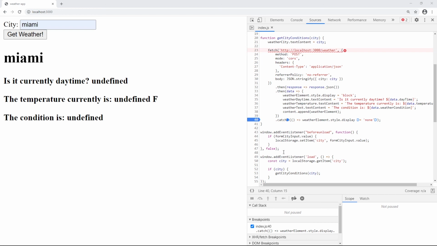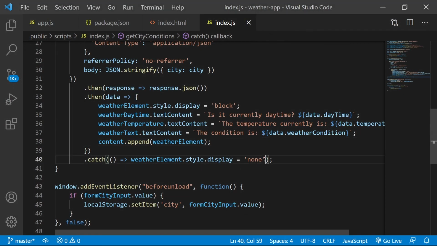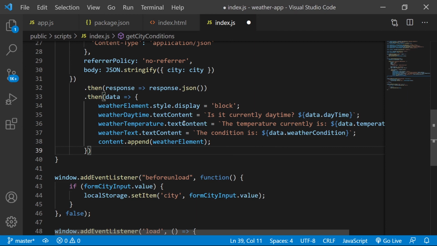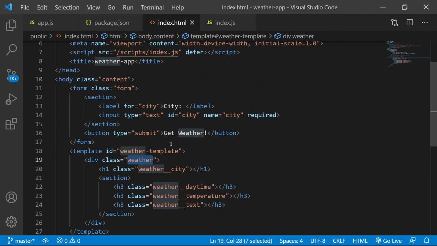Let's think about this. Maybe we can make it so it's always block. Okay, let's do this. Instead of catching the error here, let's say we just remove this for now as part of the weather block.